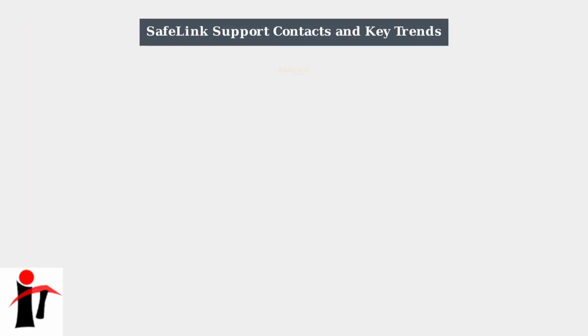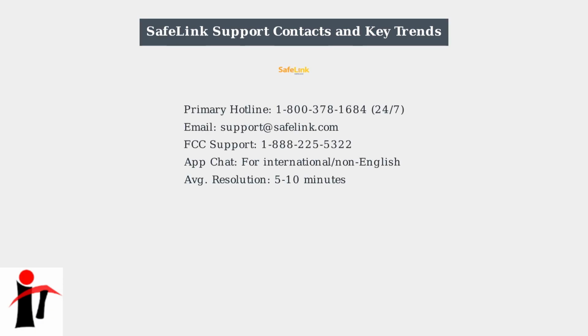For support with SafeLink, the primary contact is the hotline at 1-800-378-1684, available 24/7, or email support@safelink.com. For escalated issues, contact FCC Lifeline Support at 1-888-225-5322. International users can use the app's chat feature for non-English assistance, with average call resolution time of 5 to